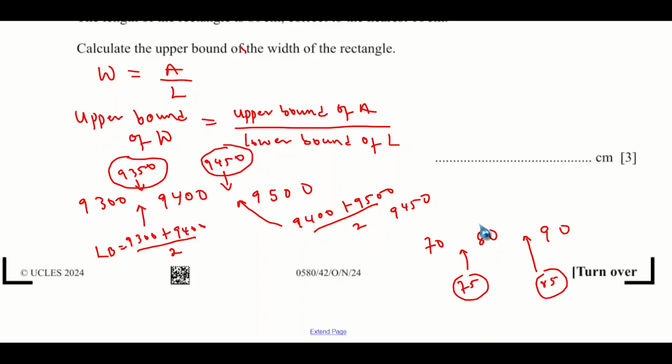Okay, so now I can get the upper bound of the width, which will be equal to